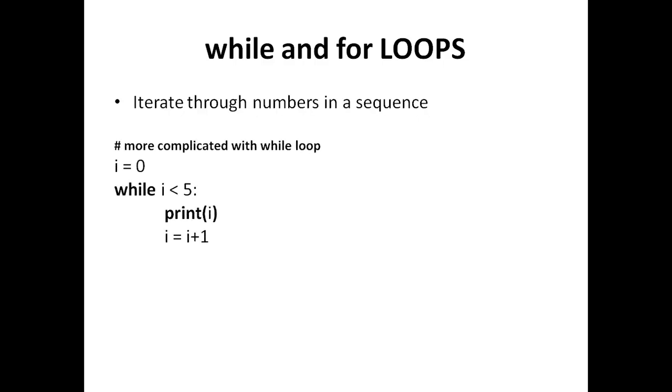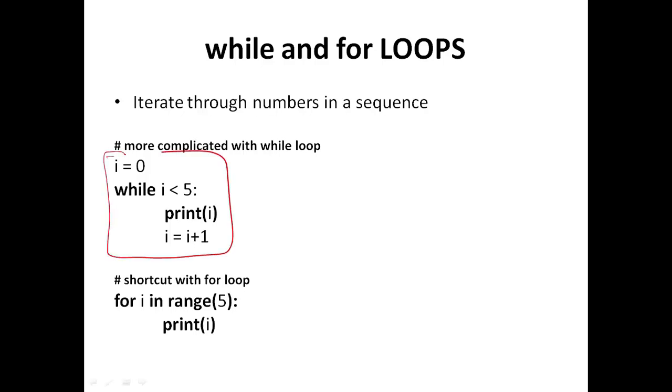Finally, let's see the difference between the while loop and the for loop in Python. In Python, while loops and for loops are used to iterate over a number of statements. If you want to execute some statements a number of times, we can use a while loop or a for loop. The while loop can be used if we don't know how many times we have to execute the statements, and the for loop can be used if we know how many times the statements have to be executed. The while loop has a somewhat longer syntax.